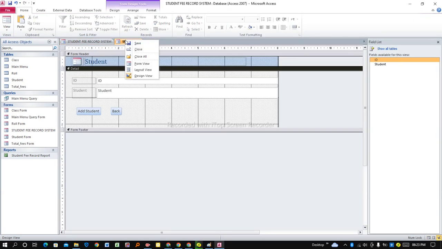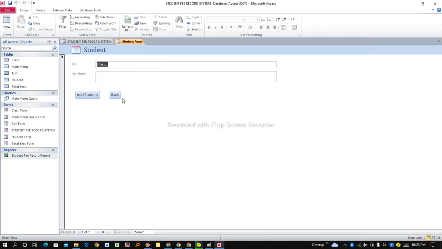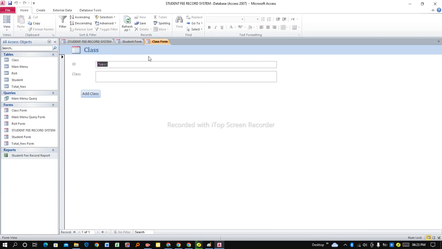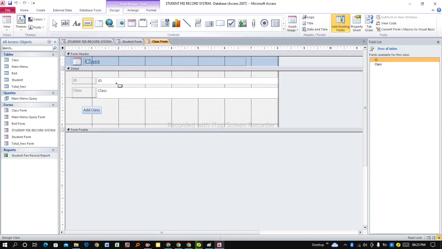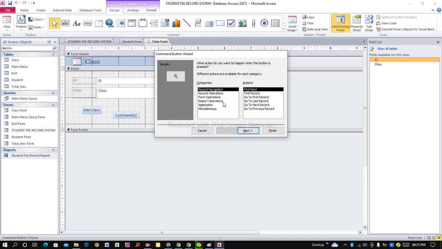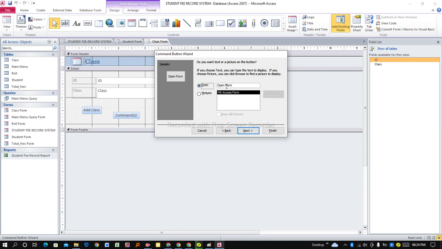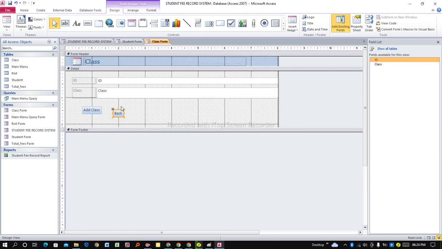You save, then you open form view, click back, click on add class, you do the same. We go to design, add the button right there, form operation, open form. Next, student fee record system. Next, you write there back, click next, then you finish. You align your buttons well,